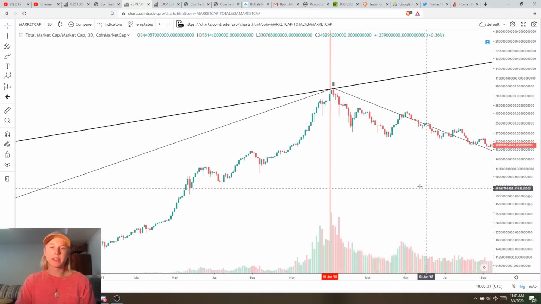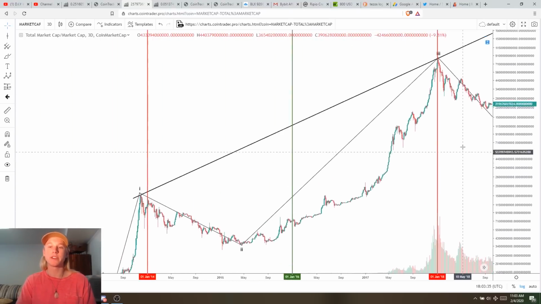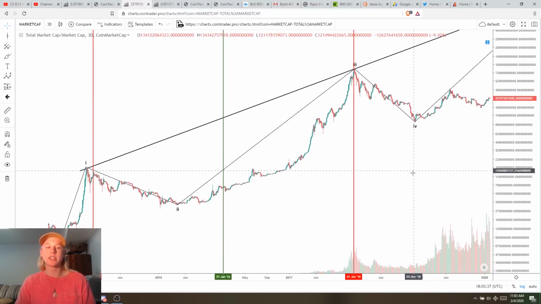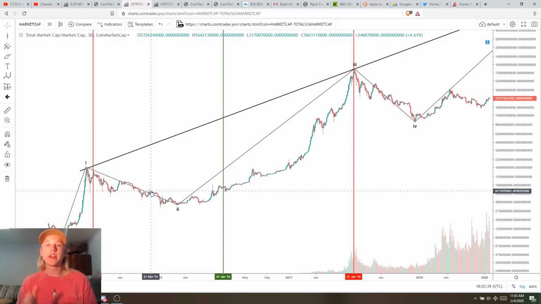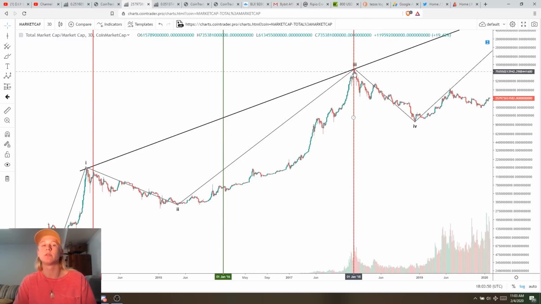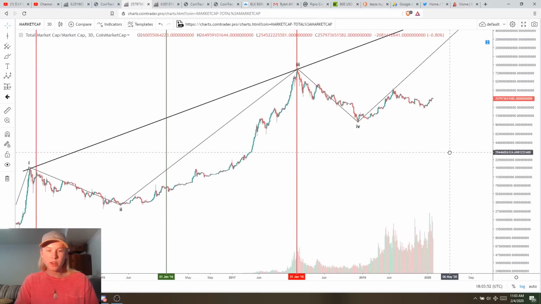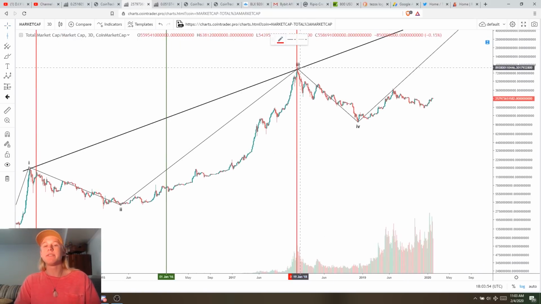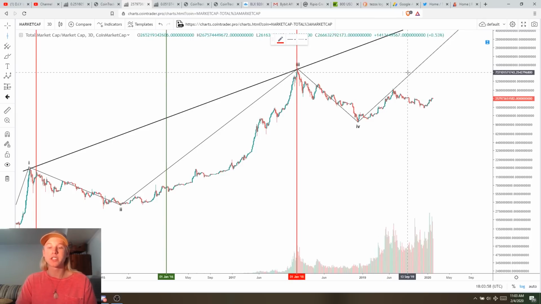Now, look at this, guys. We're seeing that this would have been a perfect place to take your profits, just based off of knowing this simple formula that the market goes in 2-year increments before we see a reversal, either a bearish reversal or a bullish reversal. But by playing this pattern, you're almost taking profits at the exact top every single time. And so if we keep applying this strategy, if 2018 was the top, 2 years from that point would have put us at January 1st of 2020.